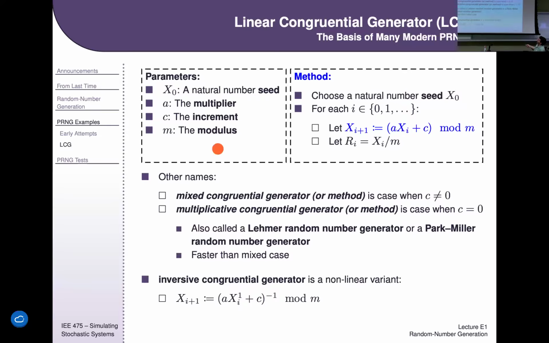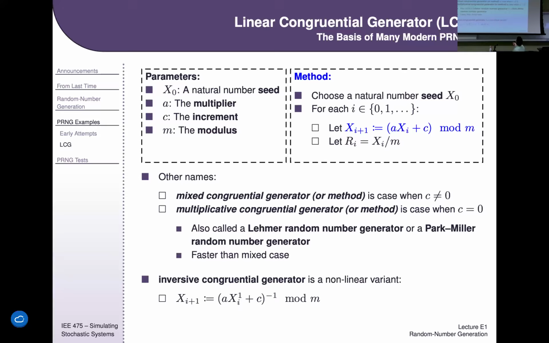So the parameters here, the idea is you got these 4 parameters. You have your seed, like any random number generator should have, what's something called the multiplier, an increment, and the modulus. The way the method works here is we have this formula where the next number is just going to be the previous number times the multiplier plus the increment, and then that whole quantity through the modulo m, where m, this modulus, is kind of like the highest number you could possibly get plus 1 out of it. So if we set our modulus to 10,000, then this formula would give us numbers from 0 to